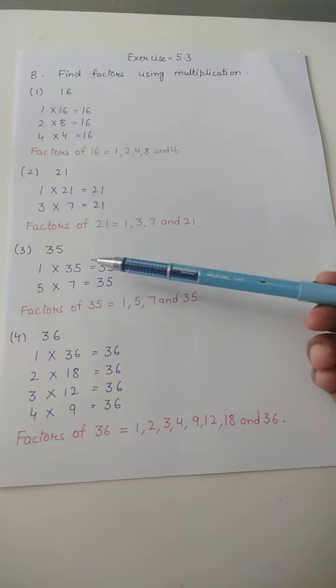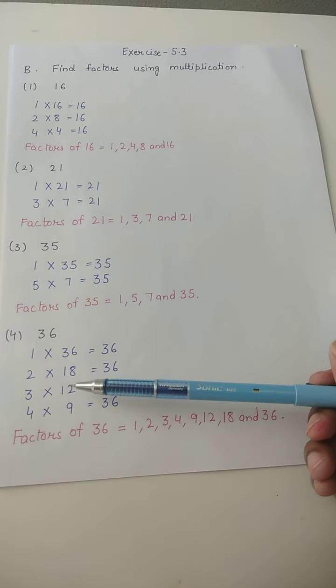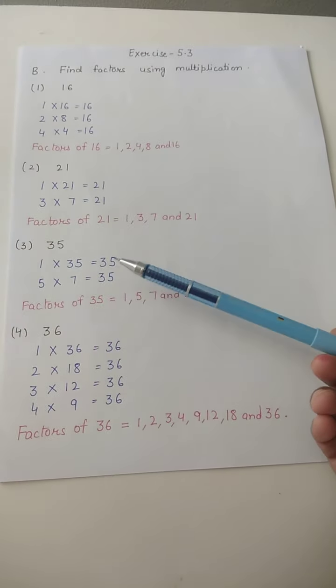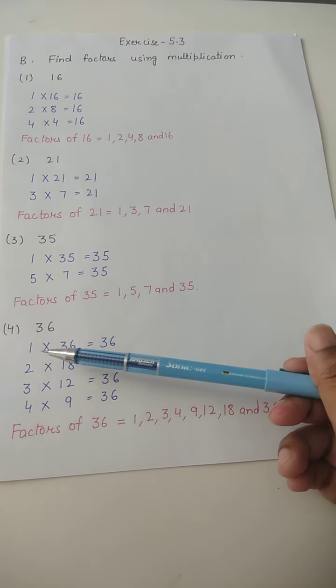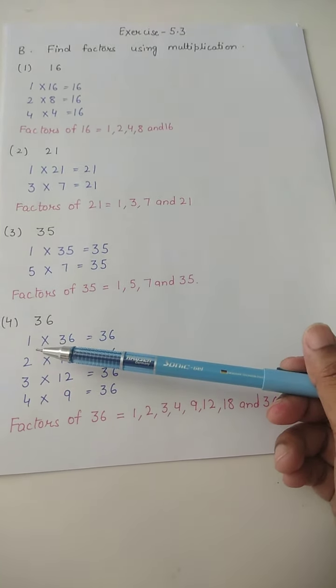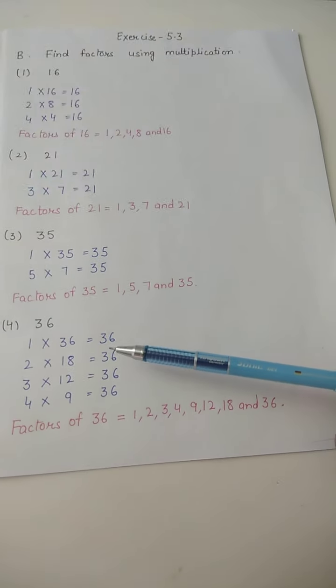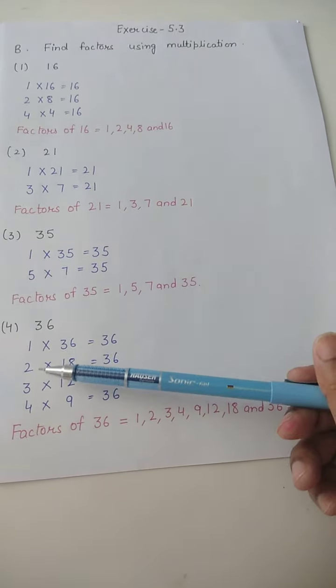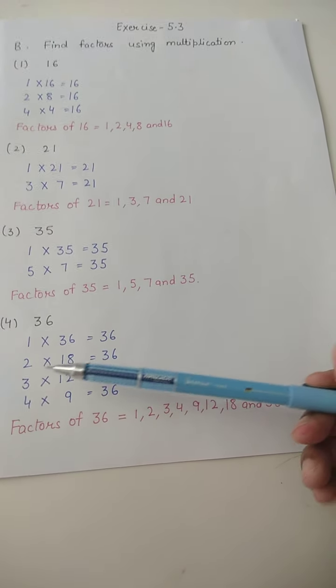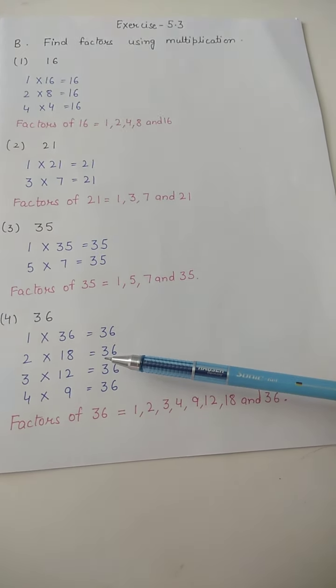Right, so like this you have to do. One more I will tell you from this one, 36. This is also easy. So 36, 1 and 36. Always take this as the first step. Start with multiplication: 1 multiplied by 36 is equal to 36. Then 2, when we multiply by 18, 18 twos, you can say. So 2 multiplied by 18 is equal to 36.